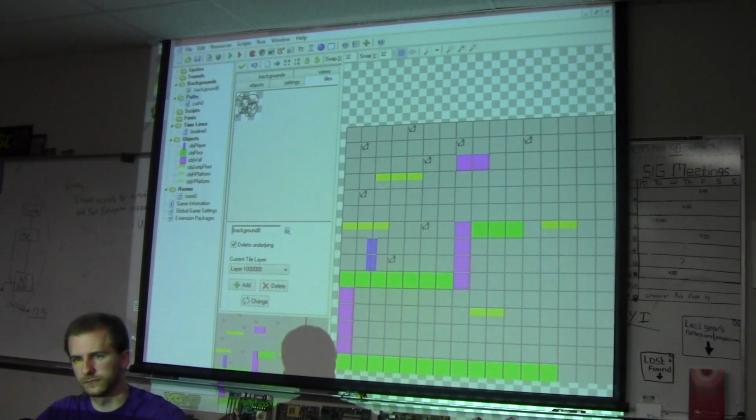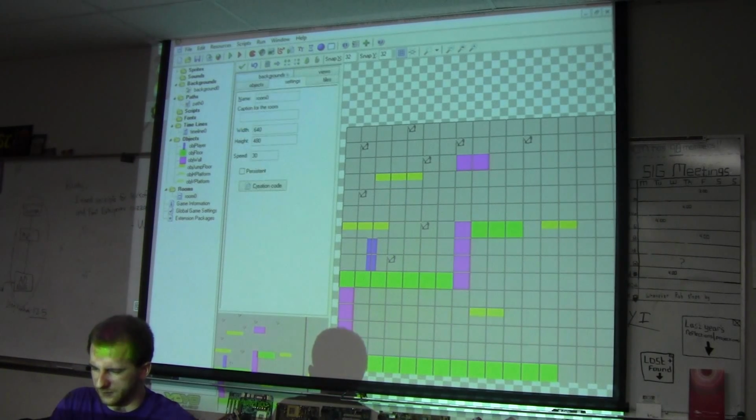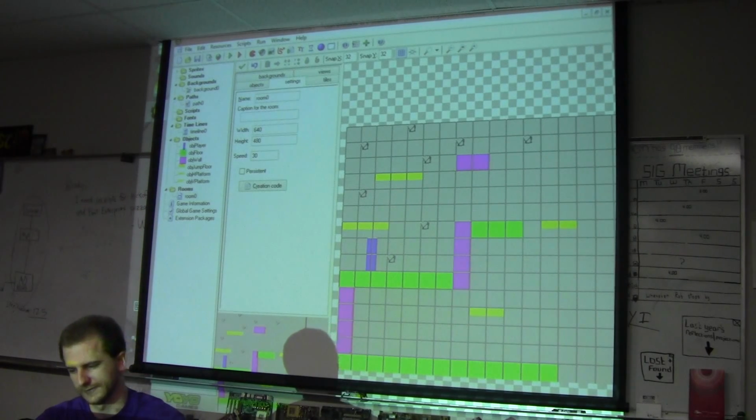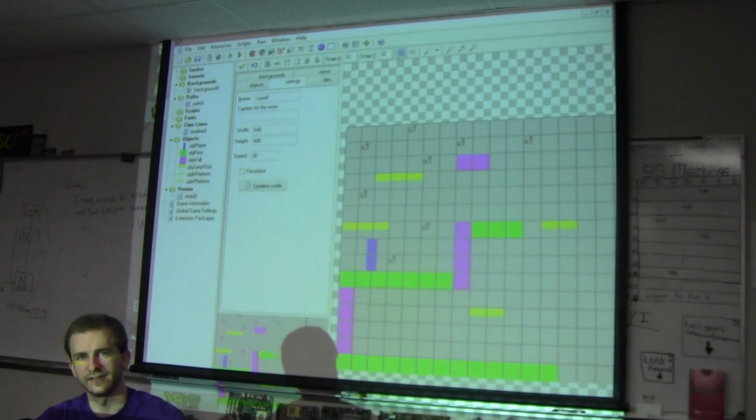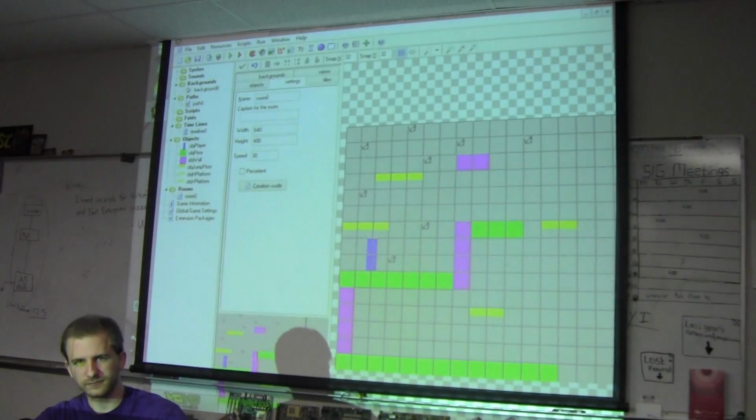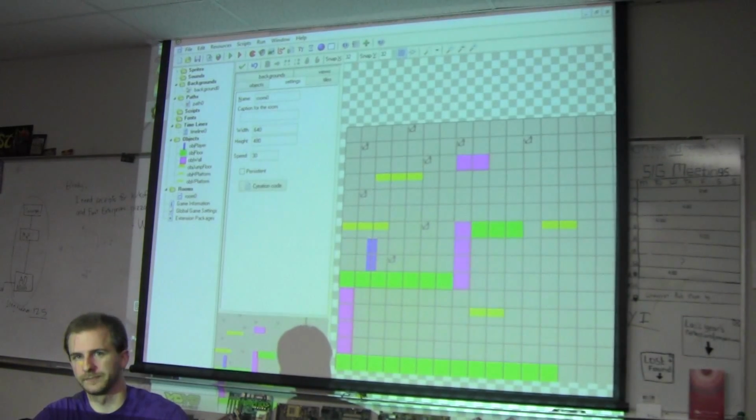Okay, and there's no limitation on how big you can make the map, is there? How big you can make a given room. Within reason. Make it bigger than most monitors, then. Well, if you use views, it'll be fine. You can use views, then. Yeah. So is that the only way you can actually ever interact with it? Or can you set it